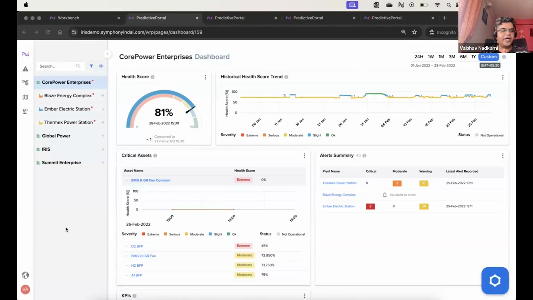So this is the main page of our predictive asset intelligence application, which is designed to cater to the requirements of multiple personas in the plant. For example, this is the main page of the application, which is meant for a regional manager or an operations head of a company. Here they can see the health score